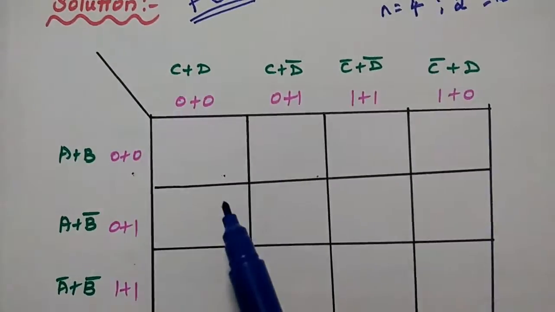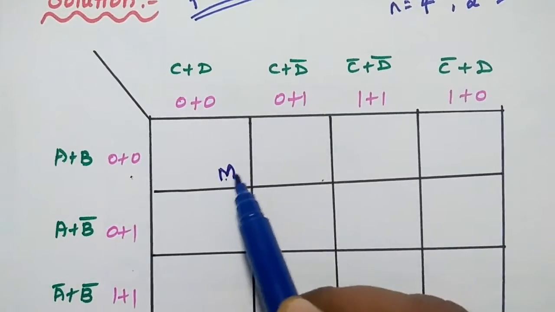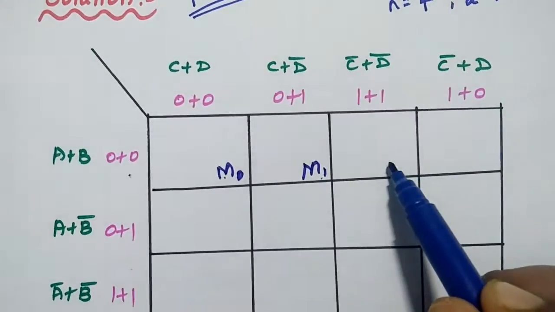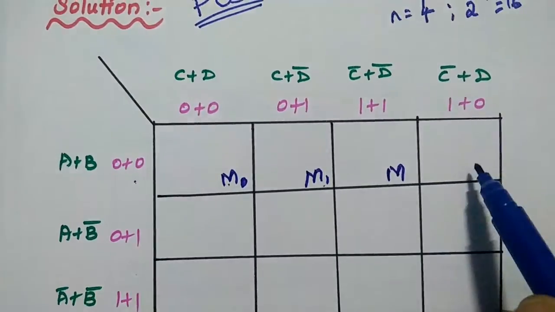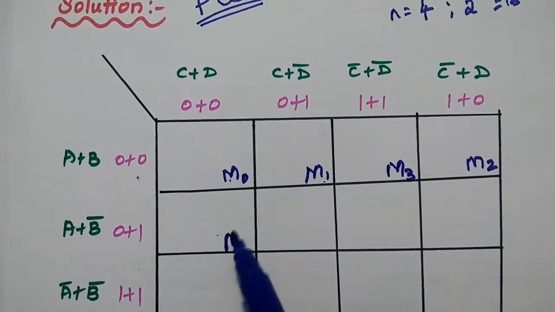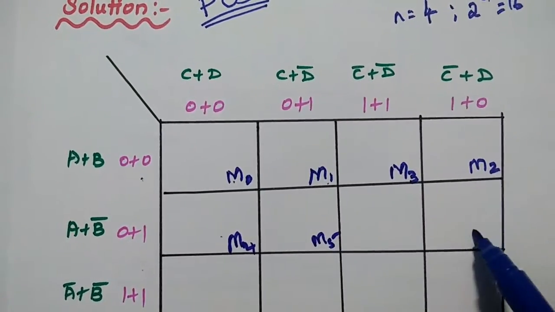So here, in the next step, we have to mark the values like this. I told you earlier, we have to make a mark like this. So values like this: M0, M1. Here it is M2, it is M3. Likewise, here it is M4, M5, M6,